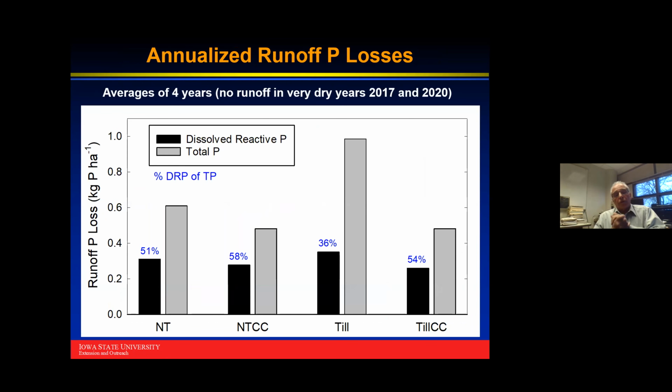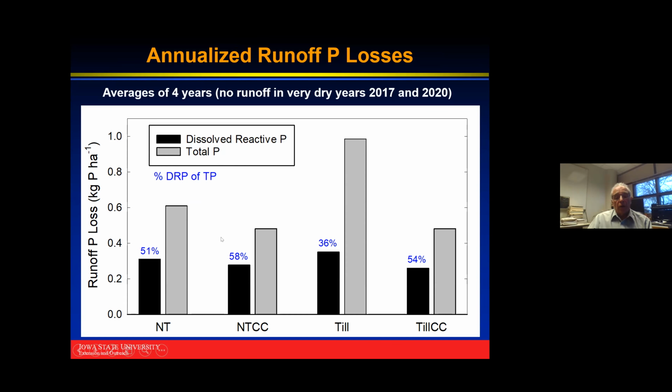Now, this is the result for phosphorus. Again, analyzed. This is runoff P loss. And we have here total P in the gray bars. The black is the dissolved reactive P, and the blue numbers is the percent of dissolved reactive P of the total P. So in terms of the big difference, again, we see that tillage has the highest total P losses,